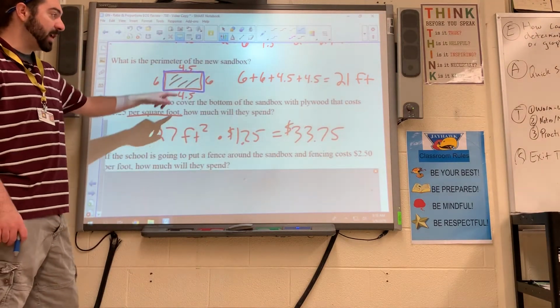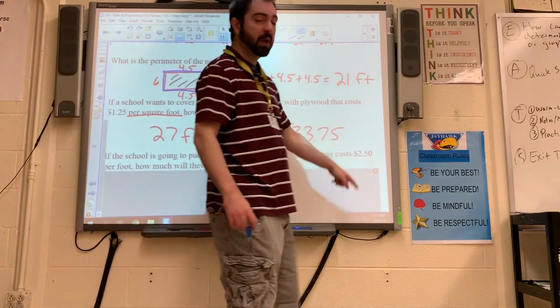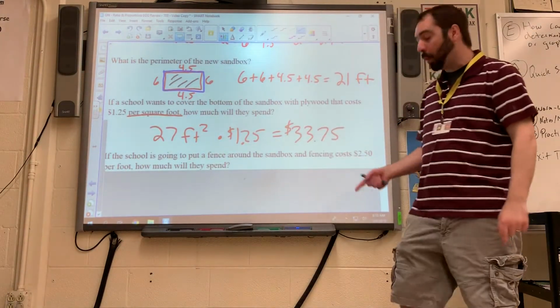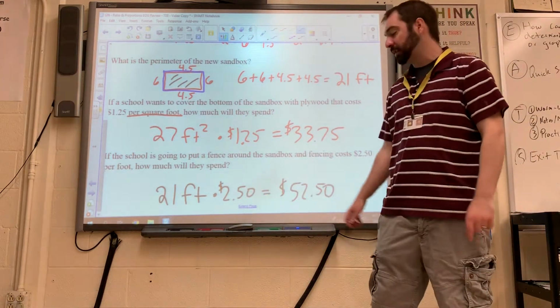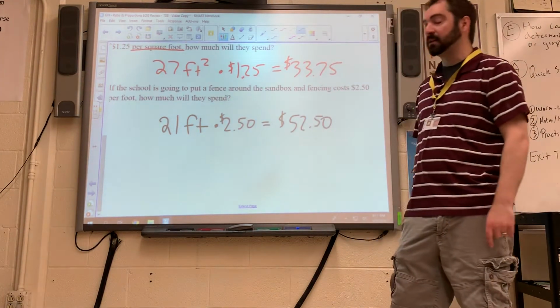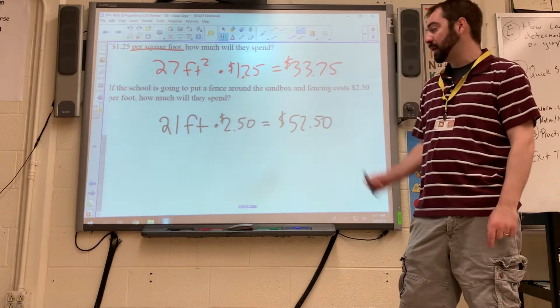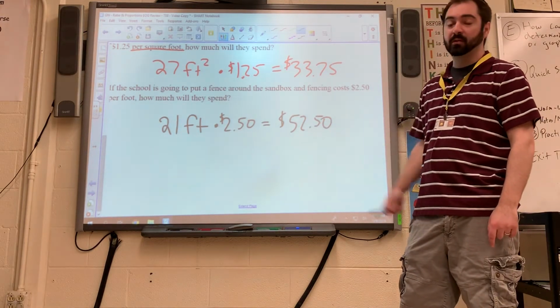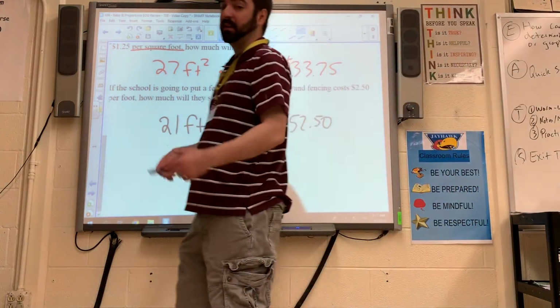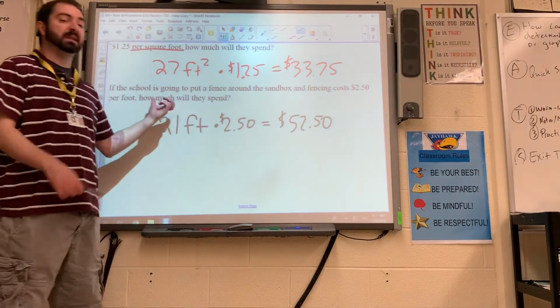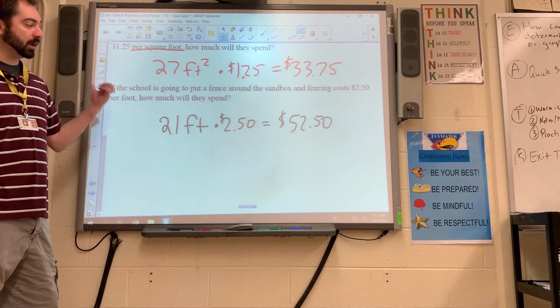So again, if I have 21 feet and they're $2.50 for every one, all I'm going to do is multiply 21 feet times $2.50, and that means that to put the fence around the playground or sandbox, it would cost $52.50. Again, these problems all connect, so these may all just be standalone questions here on a test quiz,